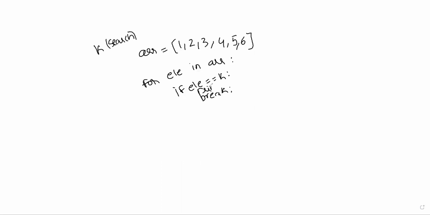Okay, let me add this print found. I'm printing the element as found. And then out of this for loop, I'm writing print element not found. Actually, it's not right to break. We can write return. Print that the search element is not found. Okay, that's it, and then a return statement.